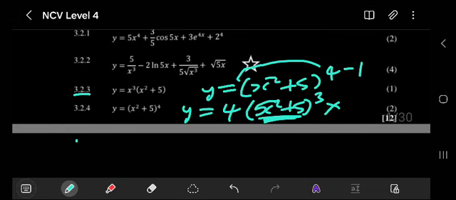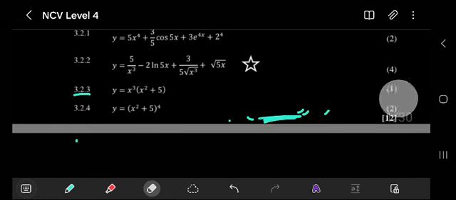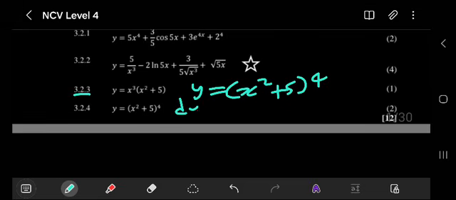Okay, remember, I forgot to put, look there, it's supposed to say, you've been given y is equals to x raised to the power of 2 plus 5 raised to the power of 4. I'm supposed to say dy over dx. I must take dy over dx first,